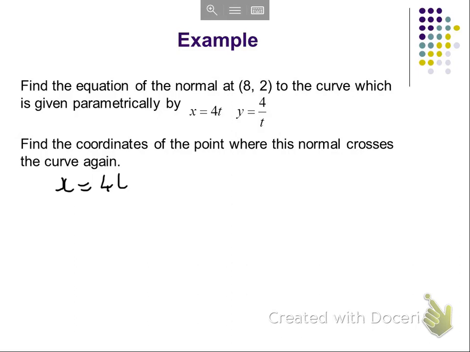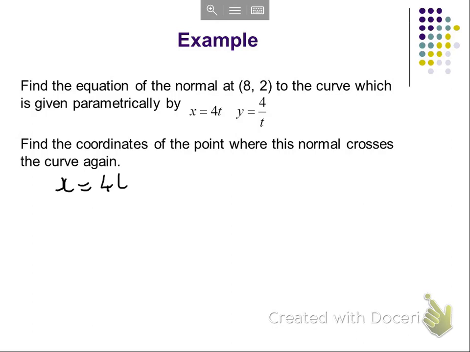We want to work out the other coordinate. So we can see here that we're going to need to solve these equations simultaneously. So we'll find the equation of the normal, and we also need to write our parametric equations as a Cartesian equation with y as the subject,